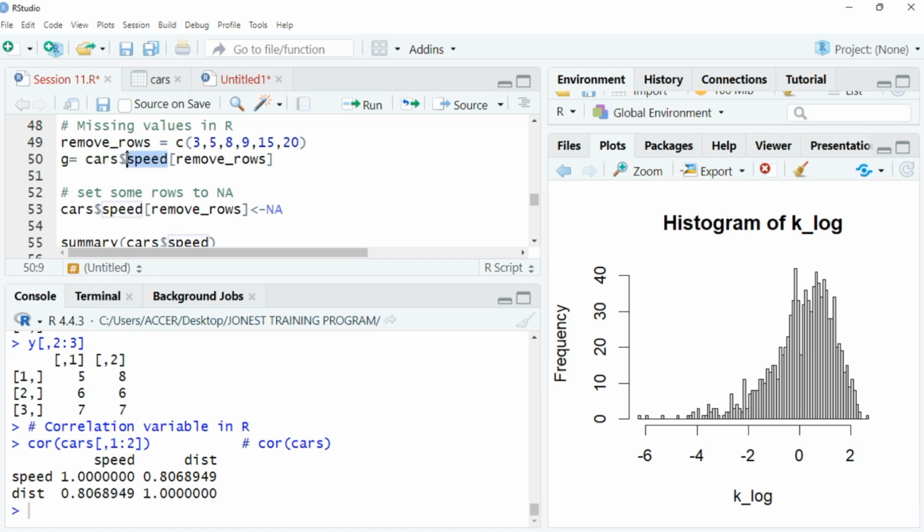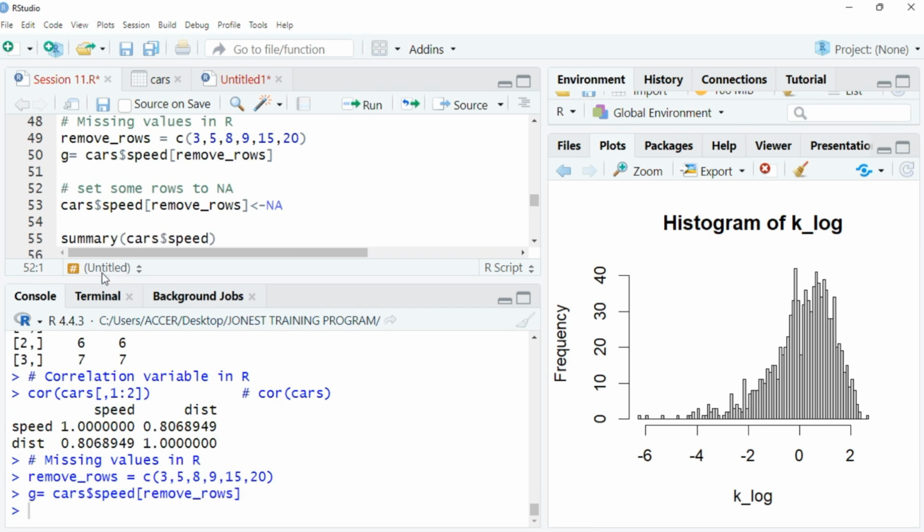So the variable name here we have is speed. And then we bring our box bracket, or square brackets, with the remove dash rows. So the remove dash rows is this one that we want it to remove from our data. So once you have this one, you just run it nicely, and then you are going to remove the row. So what it is going to tell us is that I have to replace this one by